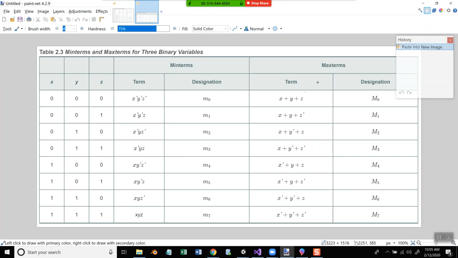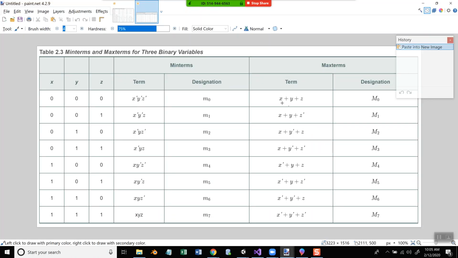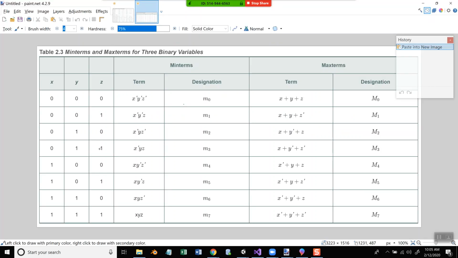Now, if we come to our max terms here, x plus y plus z. X plus y plus z. This tells m sub 0. Now, m sub 0, you have to think of it a little bit differently in this regard,